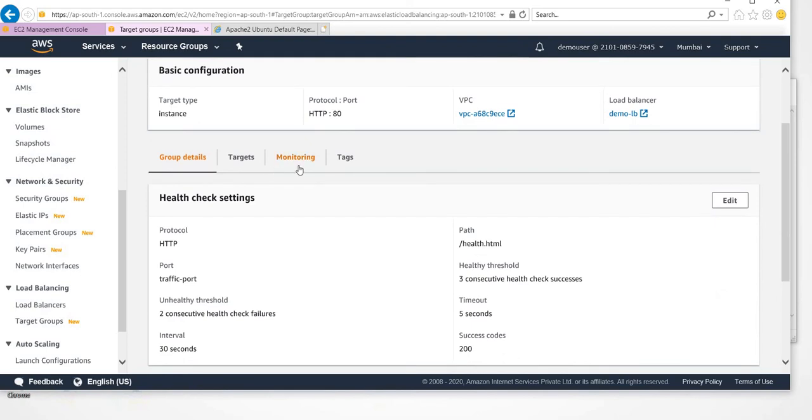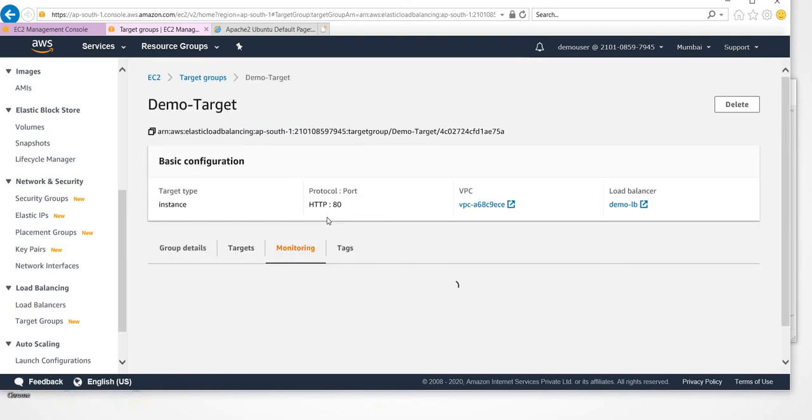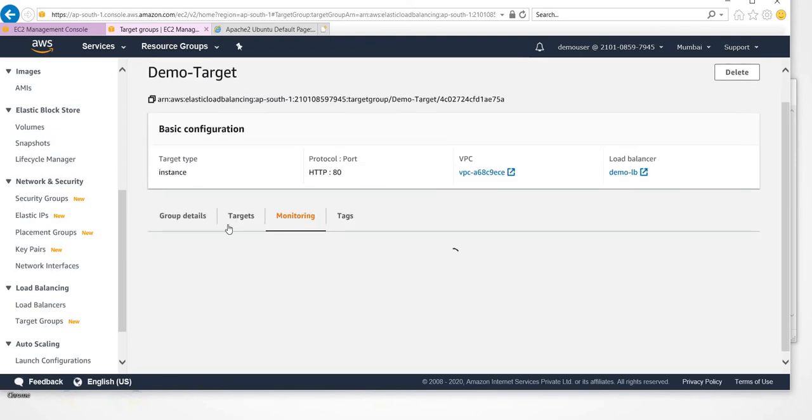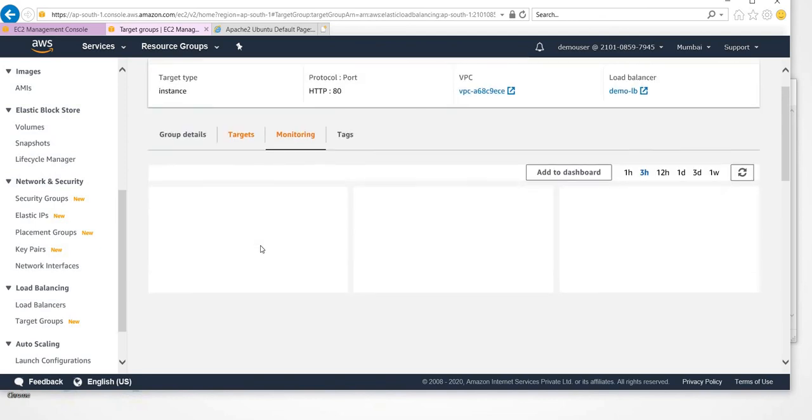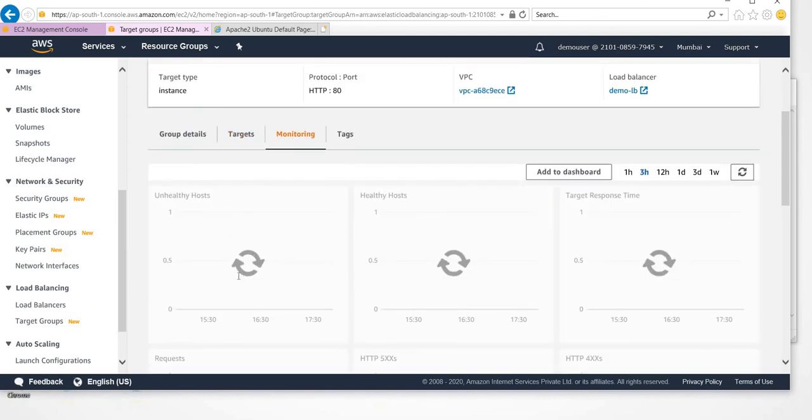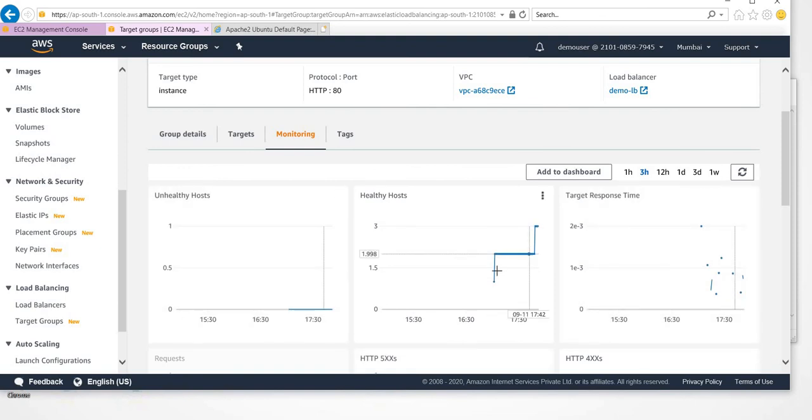Okay, and if I can go to the monitoring section, this will give you the CloudWatch things, right? So this shows all the healthy hosts and unhealthy hosts. If you can see here, earlier we had two servers because manually we had only two servers. And now one server got added, which means now we have three servers. The third server got added as part of your auto scaling group exercise, right?